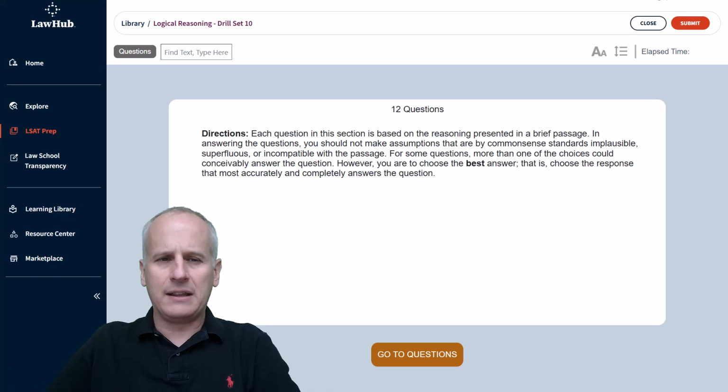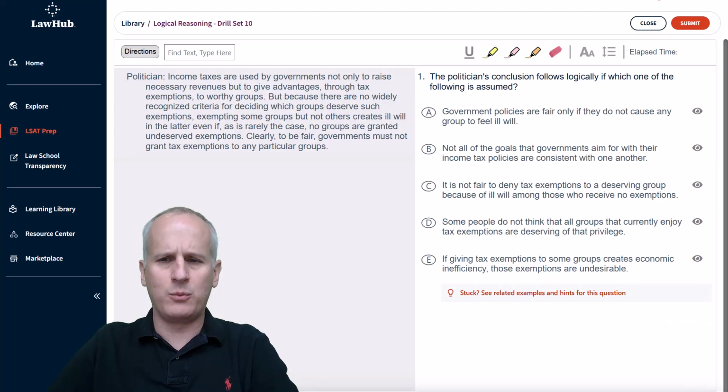Here we are at Logical Reasoning Drill Set 10 over at lawhub.lsac.org, and we're going to click Go to Questions, and we see our first problem pop up. As always, we are going to select a highlight tool first and read the question stem to identify what we're being asked to accomplish. And number one reads, the politician's conclusion follows logically if which one of the following is